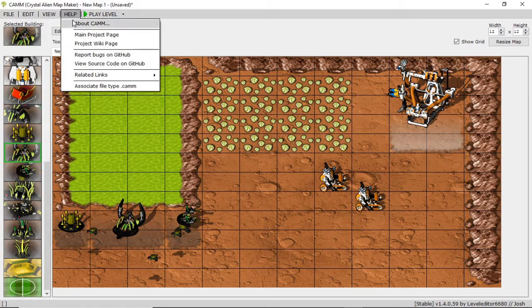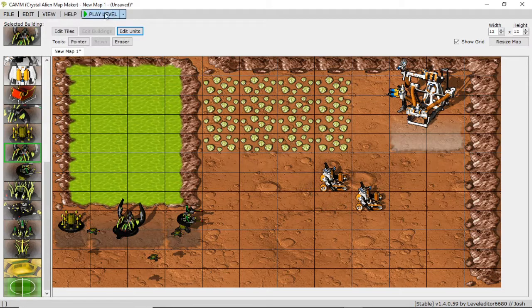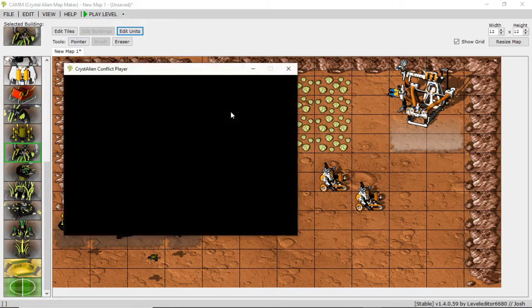Help, you have a bunch of links to a bunch of pages where you can get help, and then you have this play level button. Now you can go to this drop down menu, play the levels default, play the level mod selector. Again, don't know a whole lot about mods, so I'm just going to be skipping over this for now. And you'll notice that this is automatically checked, the skip game menu option, which is basically going to send you right into the level when you play, or click on play level. I'm going to uncheck this so I can click play and it'll send me to